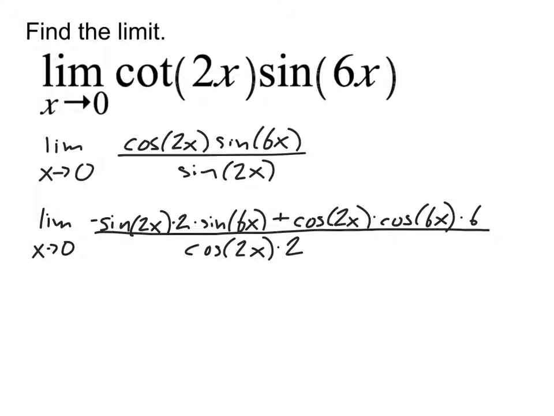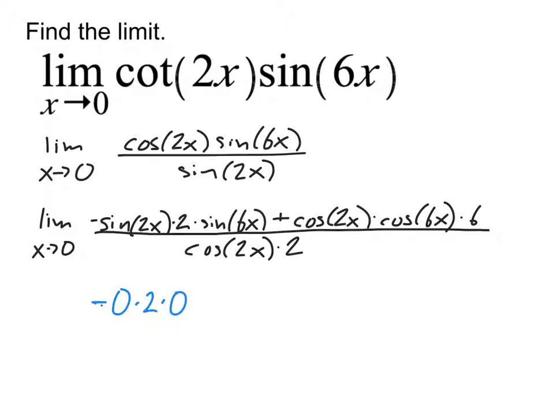So I'm going to plug in 0 everywhere x appears. So that's going to be negative, now I do sine of 2 times 0. 2 times 0, of course, is 0. So what's the sine of 0? 0. Then that's going to be times 2 times the sine of another 0, so that's going to be another 0 there,